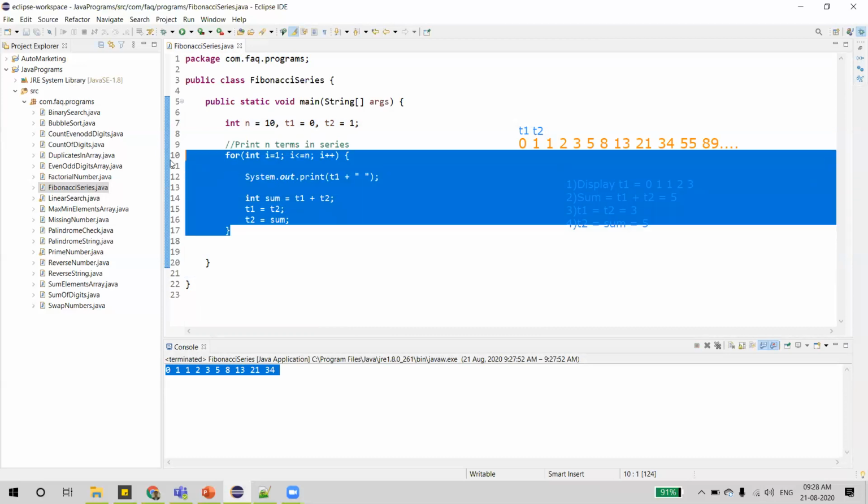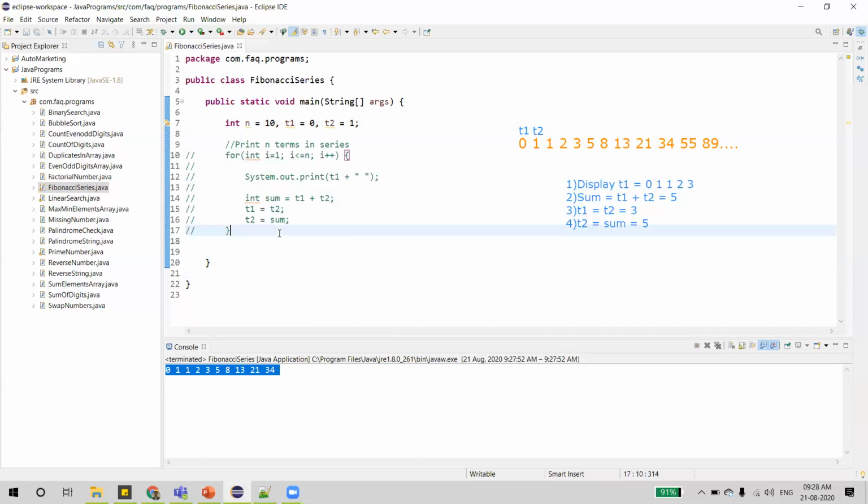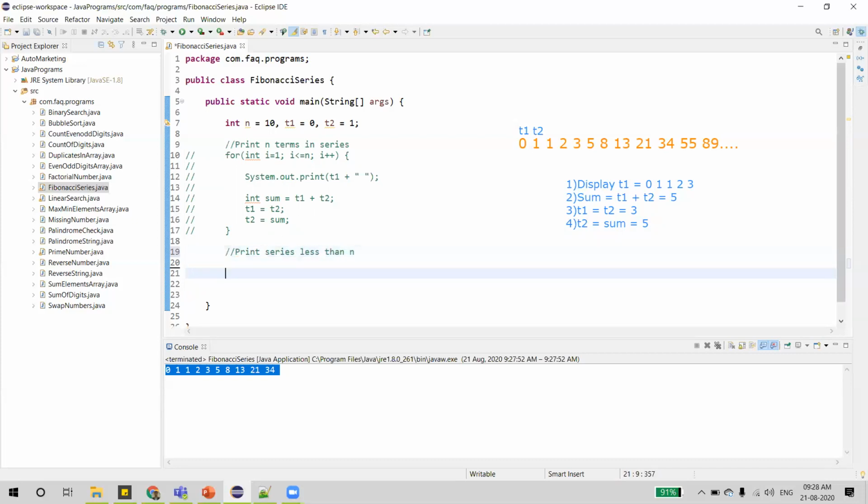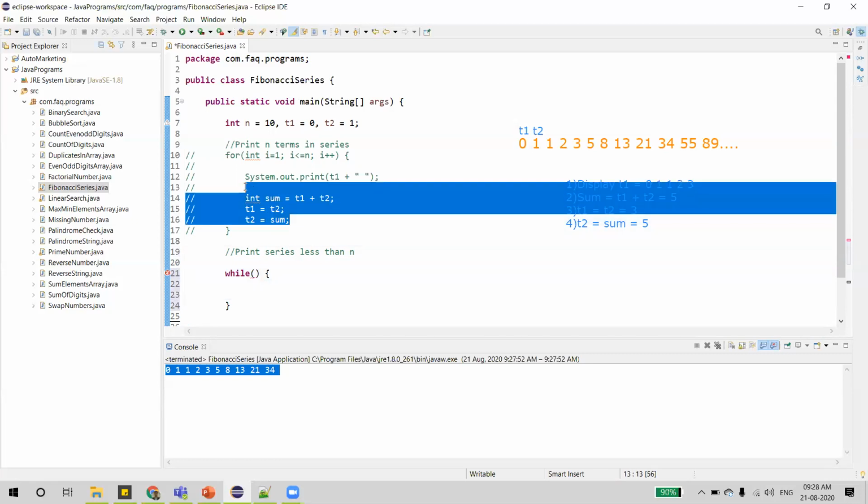Now let us try to print all terms in series which are less than a given number n. So print series less than a given number. And for that, what we are going to use is, we are going to write a loop, and we'll have the same logic.